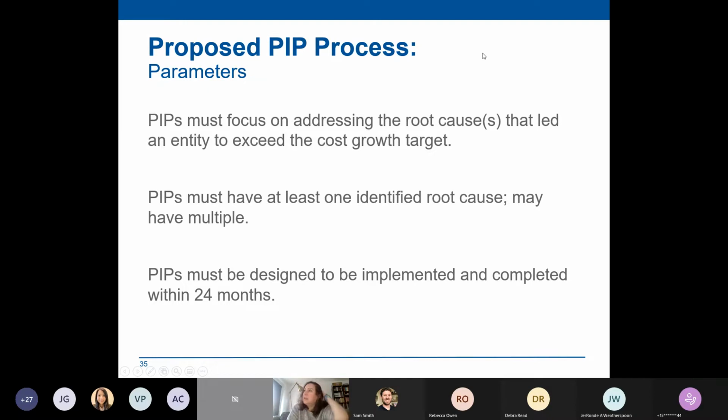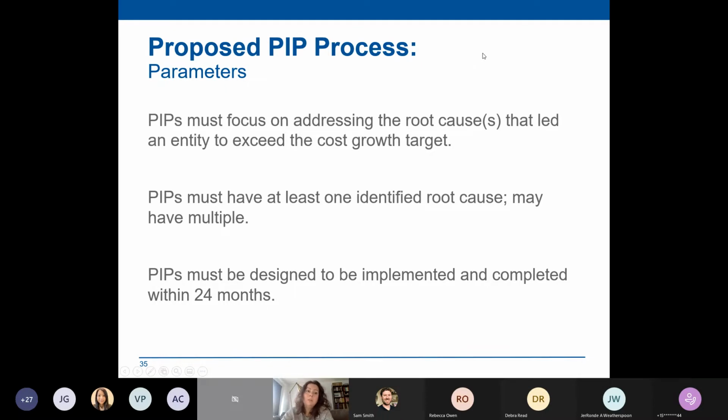Maybe this is what causes us to exceed the cost growth target. What do we do about it? So we would want to know, if an organization exceeded the cost growth target, was it because of labor costs specifically, or were there other reasons? It may be that labor costs were in the mix, but not what tipped anyone over. So that would be part of all of those one-on-one conversations, looking at supplemental data, trying to understand what those root causes were.